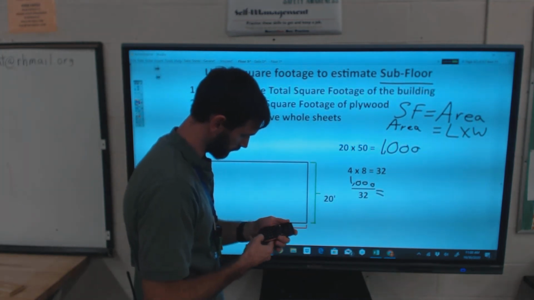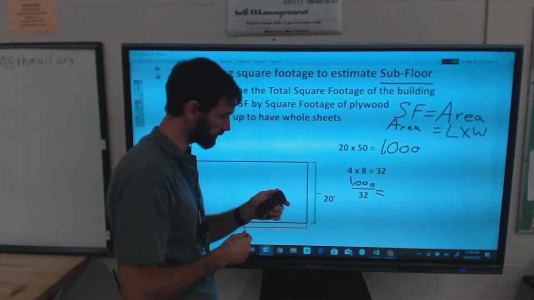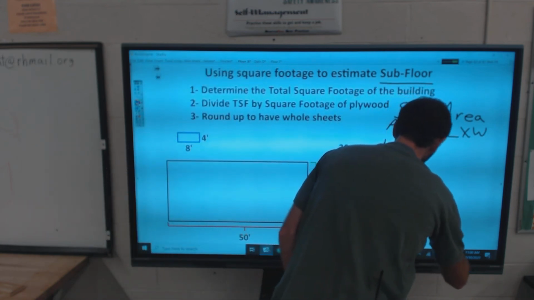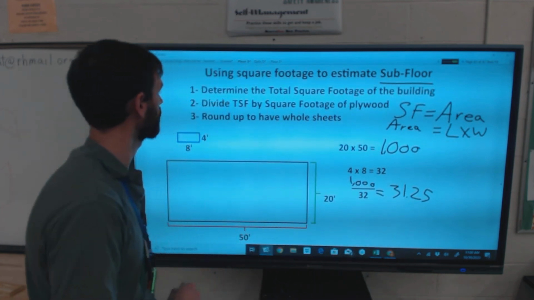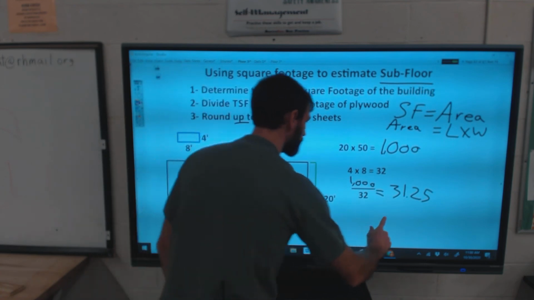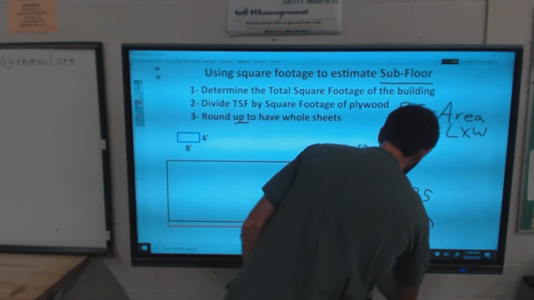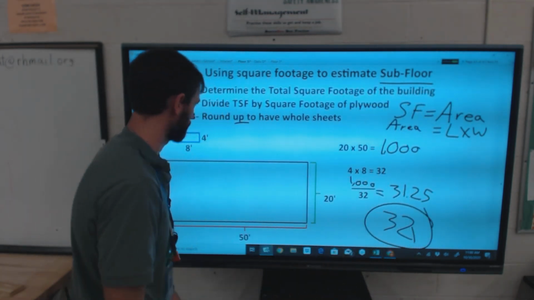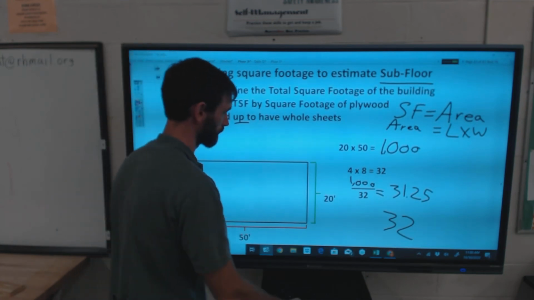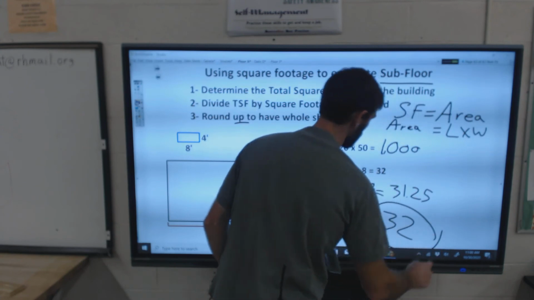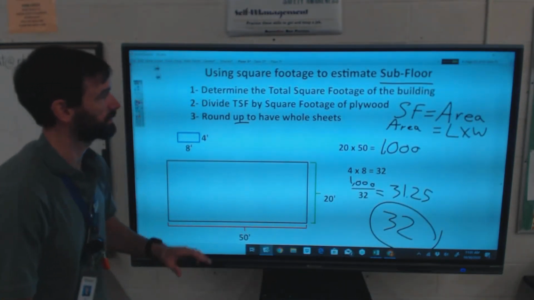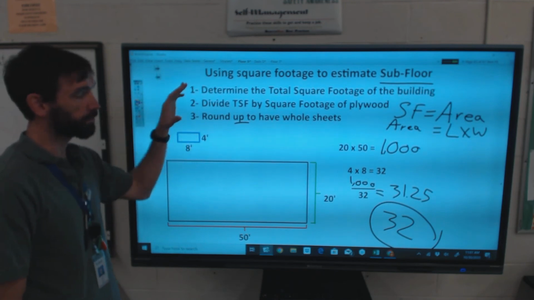Divided by 32 equals 31.25. Okay, and then again, round up to have whole sheets. So 32 pieces. Like that. All right, so what this does right here, these formulas,